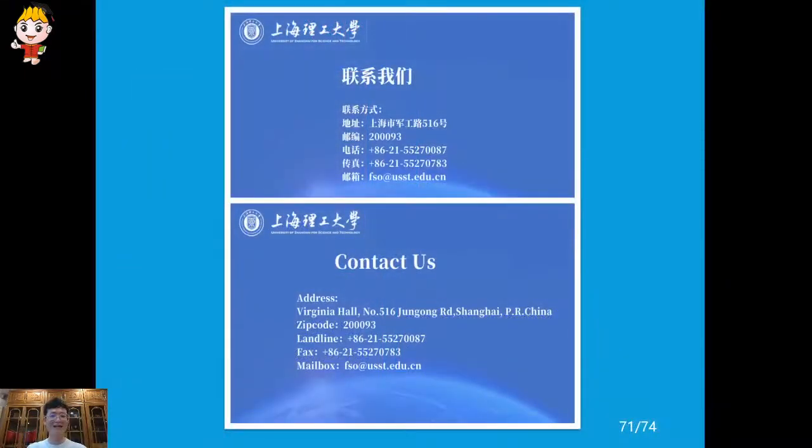Okay, and this is the contact information of our university. If you want to apply for the degree program like undergraduate, master, or doctorate programs, this is the contact person, contact office, zip code, landline, fax and the mailbox. Especially the mailbox, it is quite accessible for all of you.